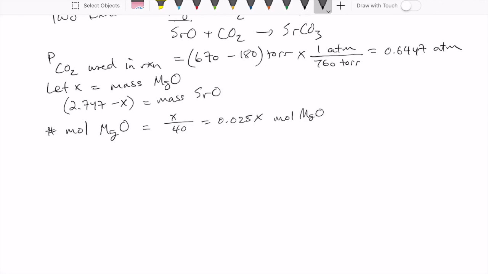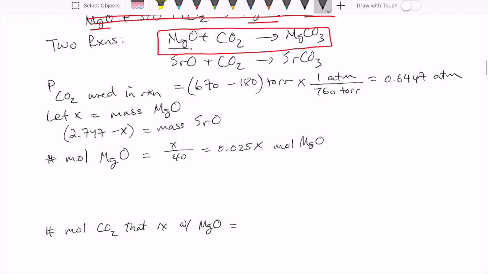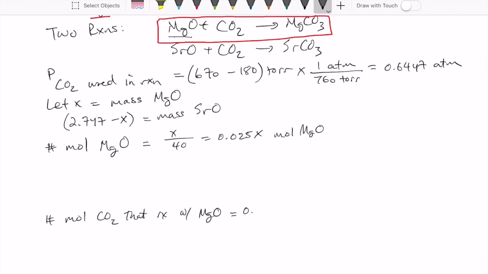You can see where I'm going with this because once I know the number of moles of MgO, I can calculate the number of moles of CO2 that reacts with MgO, right? So for the number of moles of CO2 that reacts with MgO, I can use this number of moles that I just calculated, 0.025X, and I can just multiply this with the one-to-one relationship between MgO and CO2. So that means this is the number of moles of CO2 that reacts with